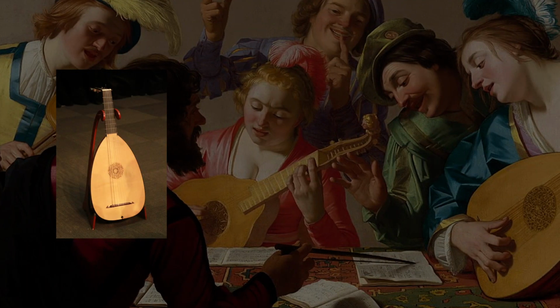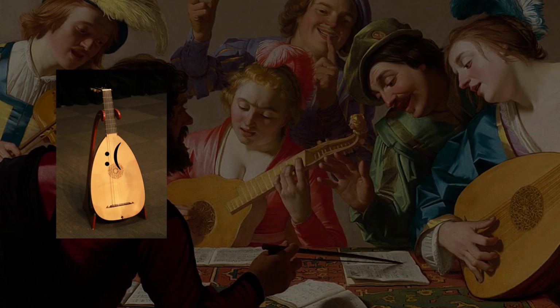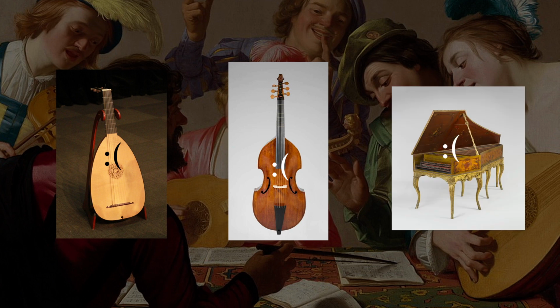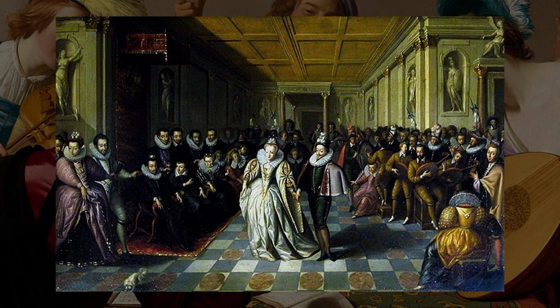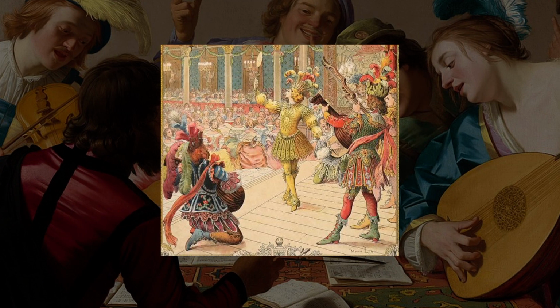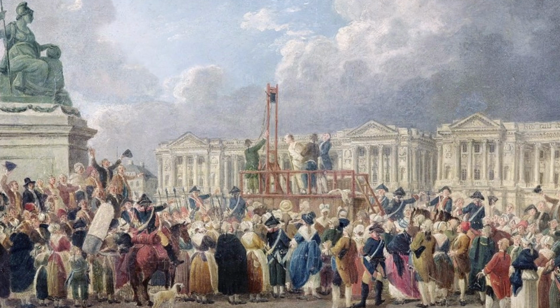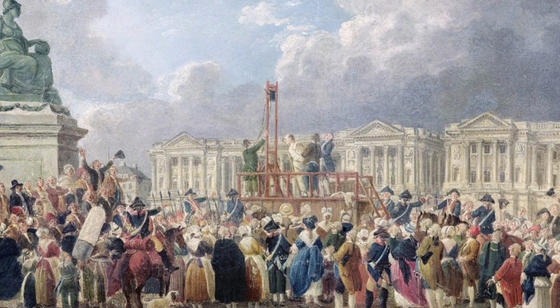But unfortunately, by the end of the 18th century, the reign of the lute came to a twilight. The lute was mostly forgotten alongside other Baroque instruments such as the viol and the harpsichord that were taken as symbols of an oppressive aristocratic past and not anymore welcome in the new, rational and enlightened age of the bourgeoisie.